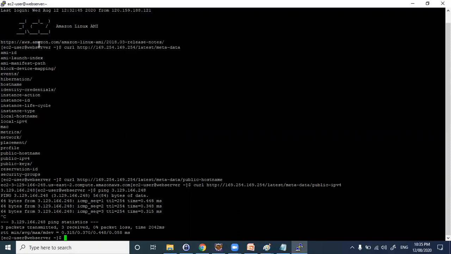So if you want to store this information into a variable, you can create a local variable here and store this data into it. For example, let me clear this. Let's say public IP equal to, and then type the command here, wrapped in backticks.